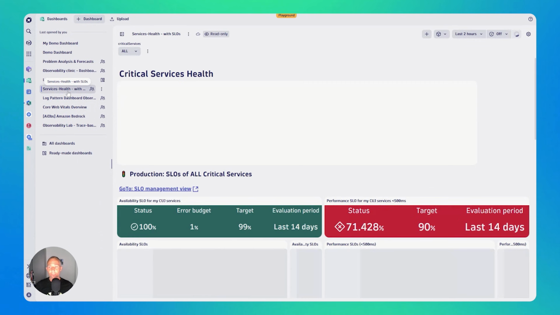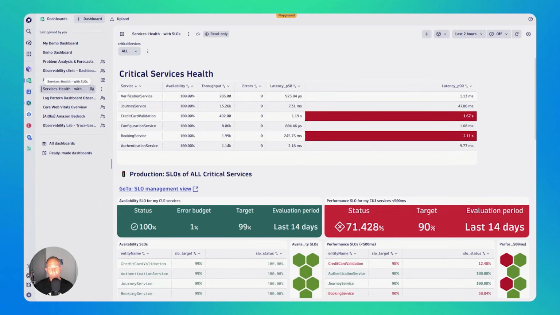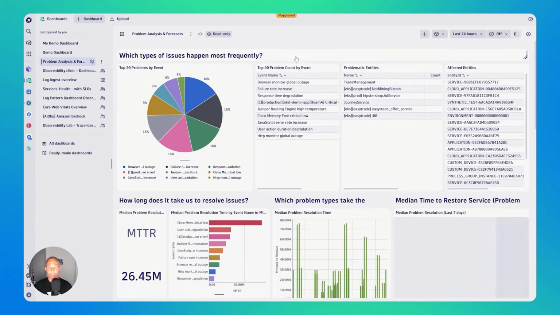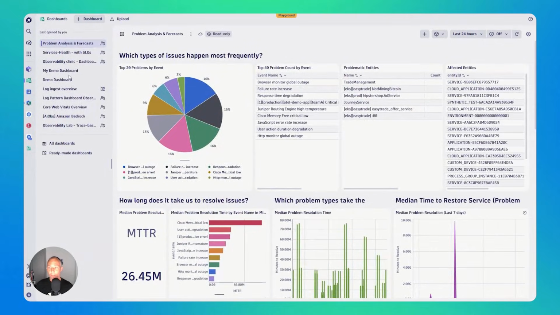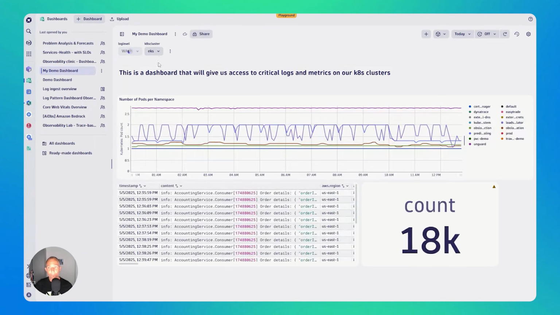Also some other dashboards that some of our colleagues put up there. In this case, it's the service health with SLOs, some different types of visualization. I also really like the problem analytics and forecasting. I think this is from Wolfgang, if I remember this correctly, analyzing some of the Davis problems and how they are occurring over time. So you can really analyze and put whatever you want on these dashboards. You can also make them, and if I now go back to my demo dashboard that I built, you can make them very easily